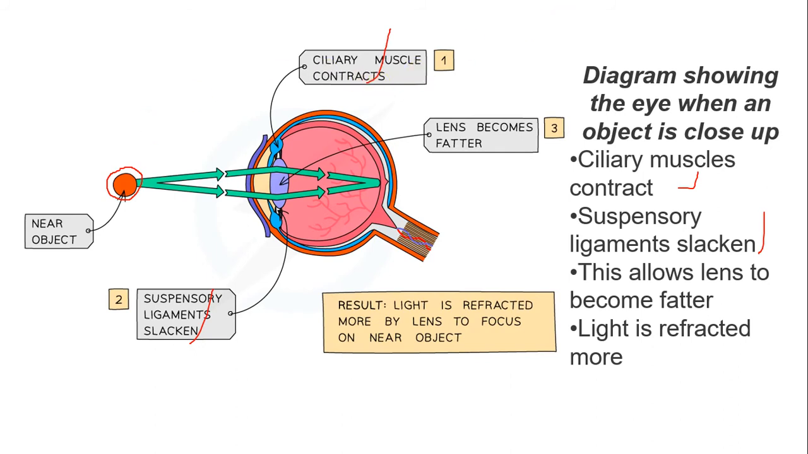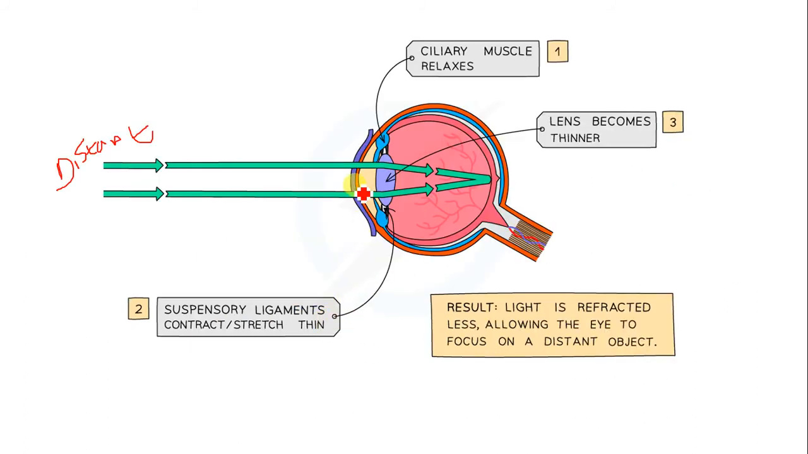Sorry, here the lens becomes fatter. I was calling it flatter. I don't know. Okay. When you want to focus on a distant object, first the ciliary muscle will relax, and once